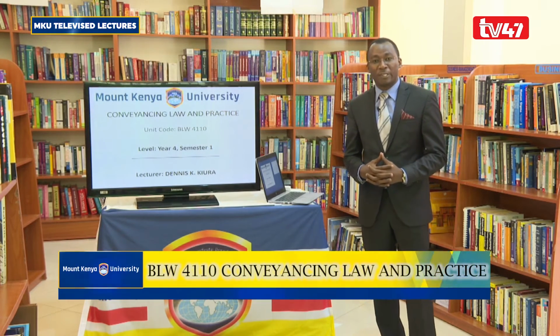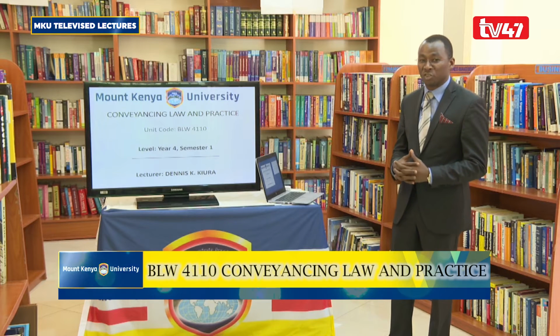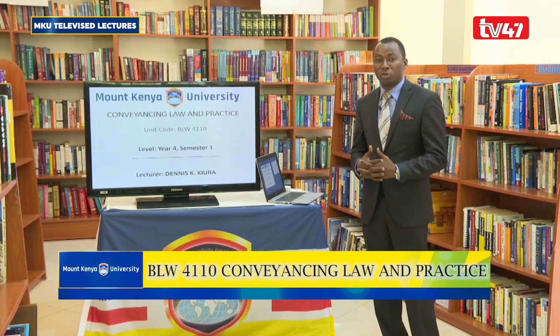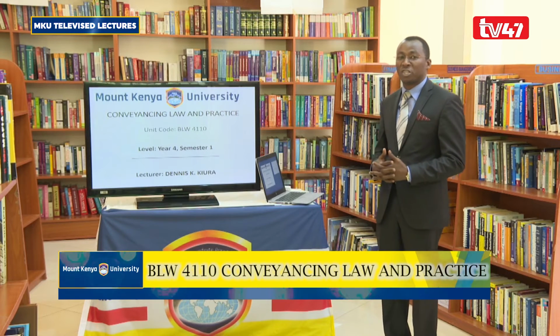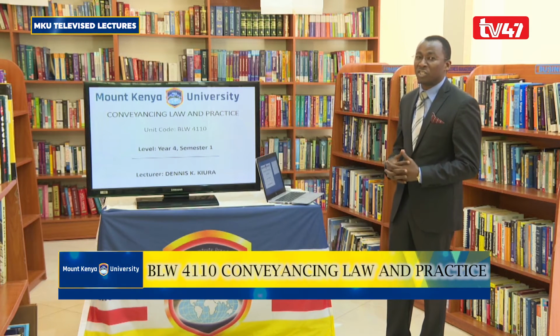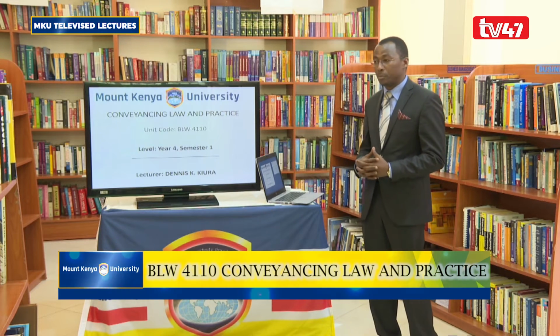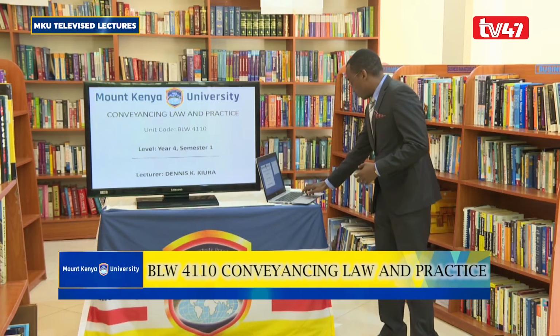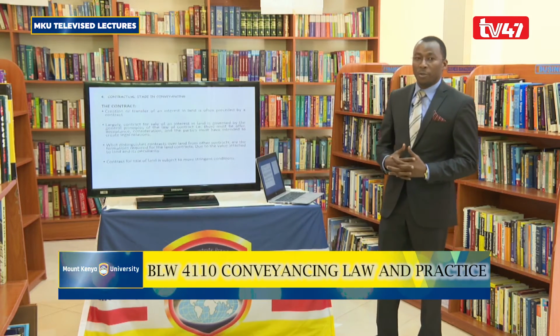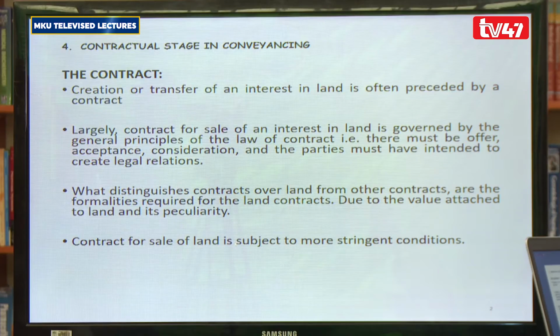The process of conveyancing involves 4 major steps. It begins with the pre-contract stage, it moves to the contract stage, then it goes to the completion stage, and finally goes to the transfer stage. Now, the process of transferring an interest in land, which is known as conveyancing, involves the preparation of a contract after the conveyancer, who is the advocate, has done what we call the pre-contract stage.